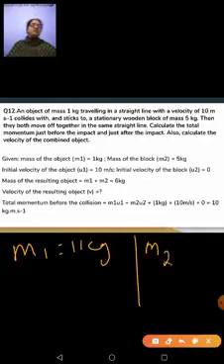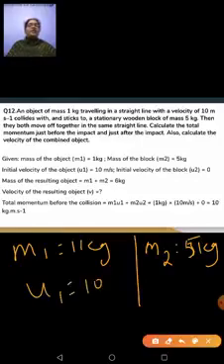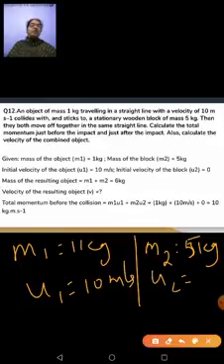So the mass of the second object is 5 kilogram. Initially the object is moving with a velocity of 10 meter per second, so my u1 will be 10 meter per second. u2, the initial velocity of the wooden block, is 0 meter per second because it was at rest. So m1 is 1 kilogram, m2 is 5 kilogram, the initial velocity of object 1, the object that is moving, is 10 meter per second, and the initial velocity of the wooden block, u2, is equal to 0 meter per second. Okay, now